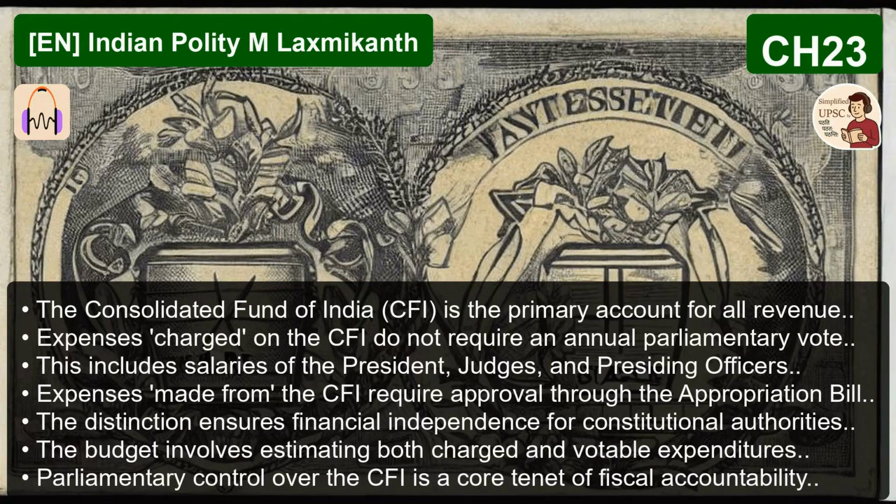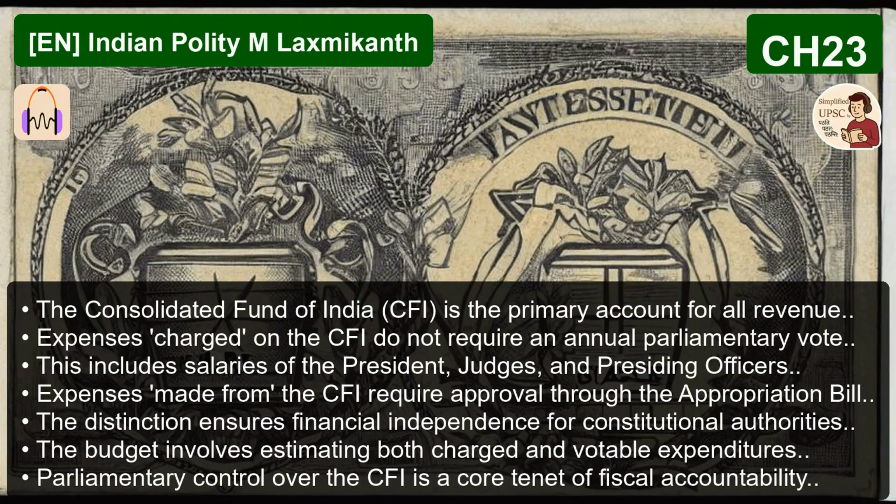That sounds like a massive concentration of power in one person. It was, and this is where we have to highlight the landmark legal challenge, the Kihoto Hollohan case of 1992. Before this ruling, a paragraph in the 10th Schedule essentially barred courts from intervening. But the Supreme Court stepped in. It did. In Kihoto Hollohan, the Supreme Court struck down that paragraph as unconstitutional, but it upheld the rest of the anti-defection law. What was the practical outcome of that ruling? What did it mean for judicial oversight?